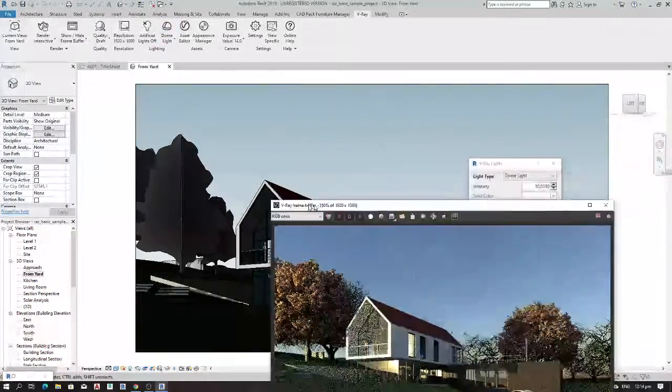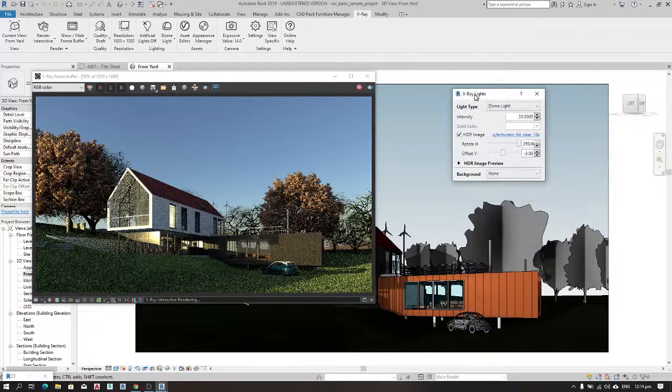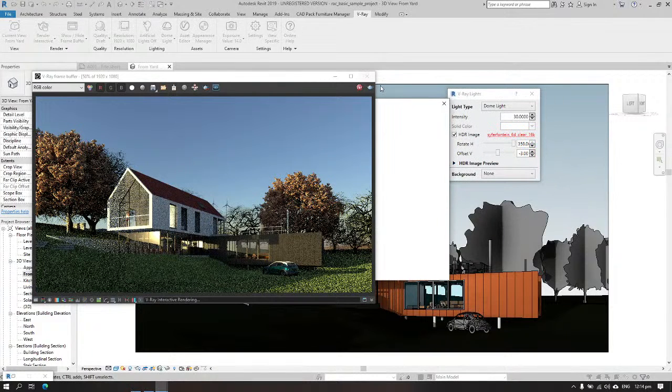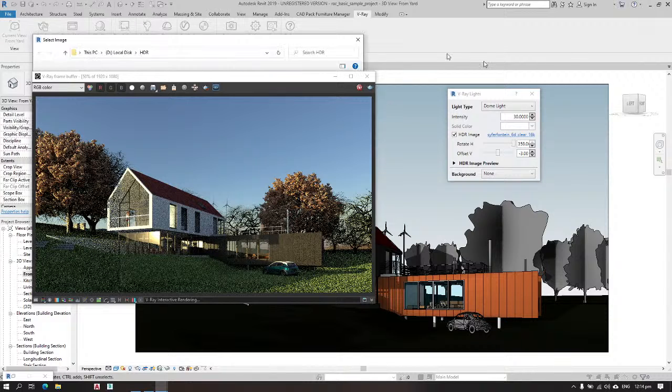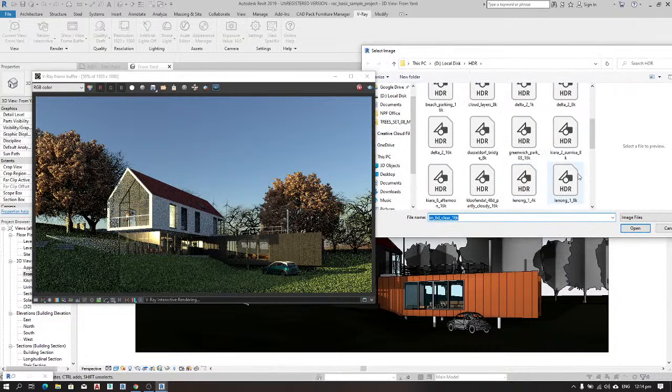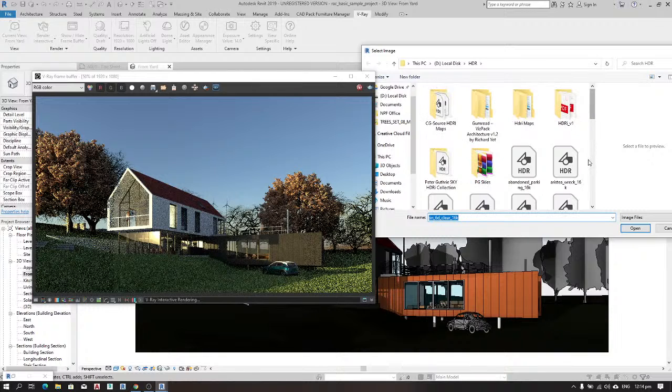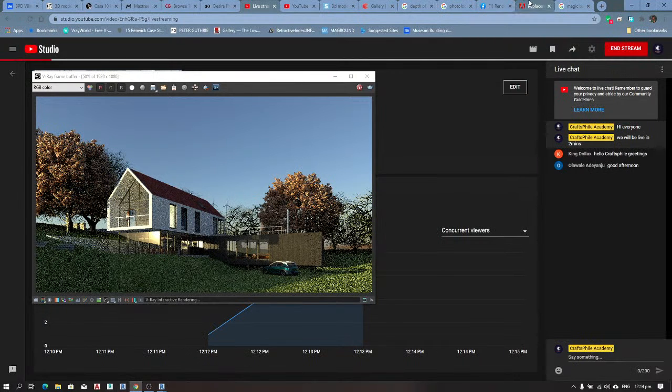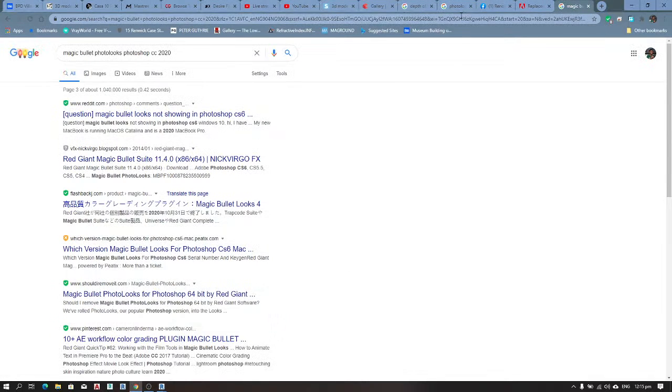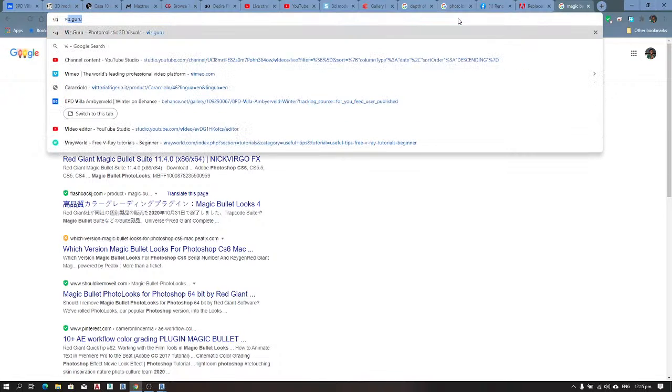You already know how to use it. So I'm just going to load another HDRI. Right now, if you go online and you search for, I don't know, the network seems to be okay. Let me stop this. So if you search for these people,